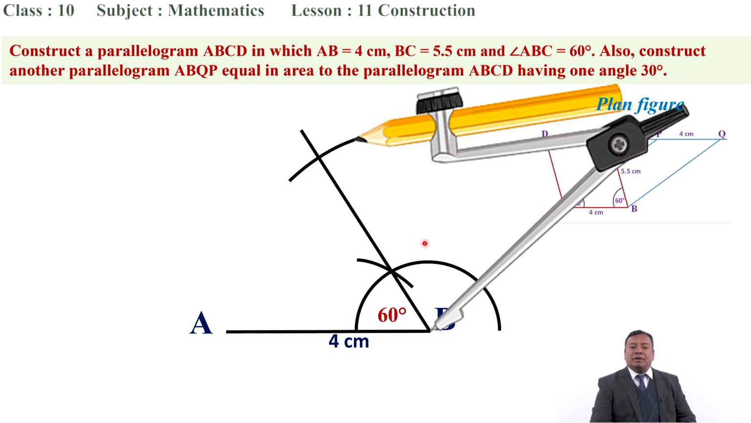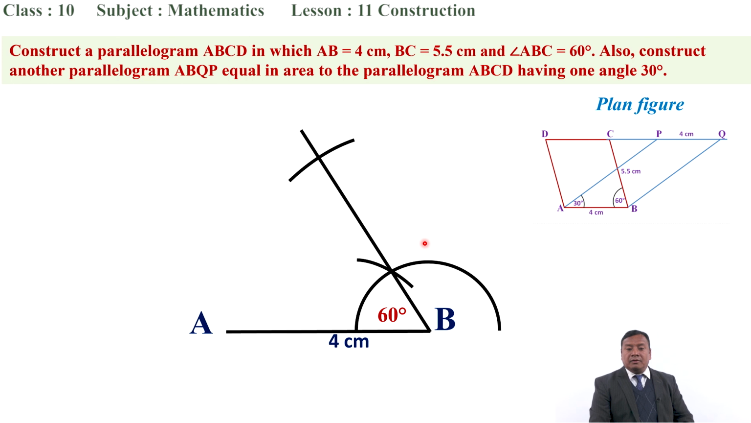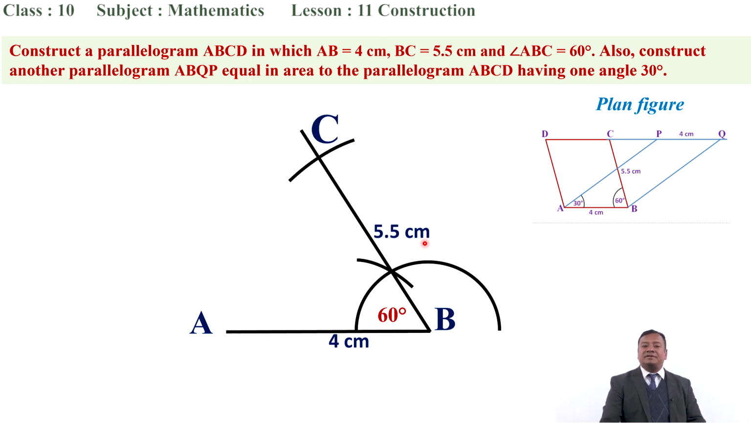Now we have this point C and the measurement is 5.5 centimeter here. So according to this plan figure we have AB is 4 centimeter, angle B 60 degree, and BC is 5.5 centimeter, right? Now, how can we get this point D now? We know that opposite sides of the parallelogram are equal, yes? So,